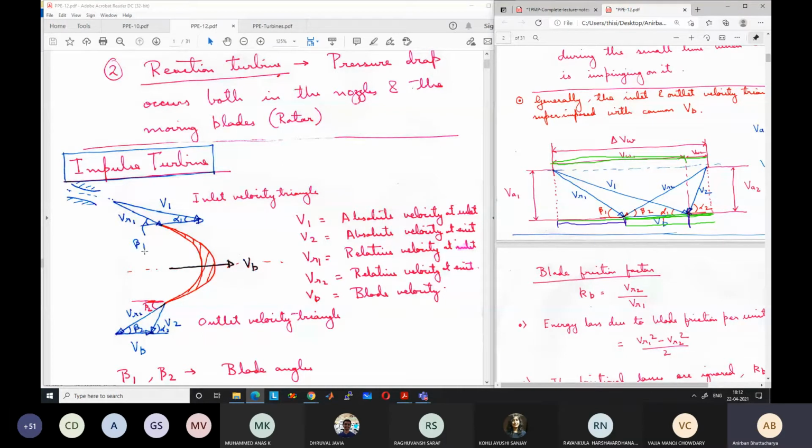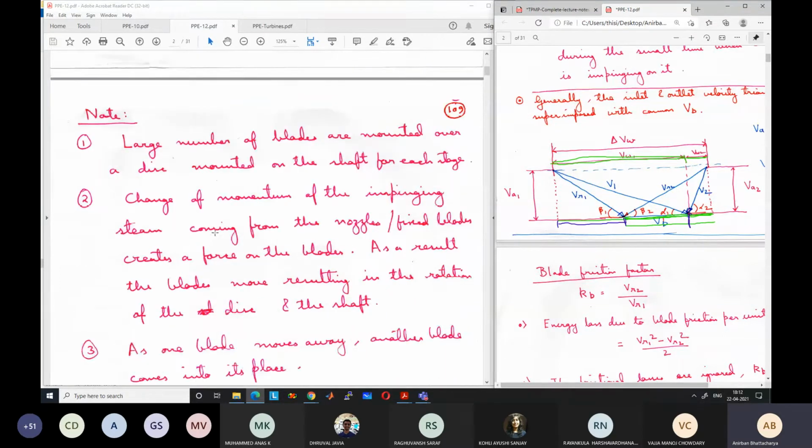But we will see that for the reaction turbine, the passage area between the moving blades is also like a nozzle, like a converging-diverging passage. So between the moving blades also, the flow is accelerated. It acts like a nozzle, so further kinetic energy will be generated in the moving blade itself, from the enthalpy. That is the difference. We will come to that later, in the next class. Today we will study impulse turbines. But the question is very good.